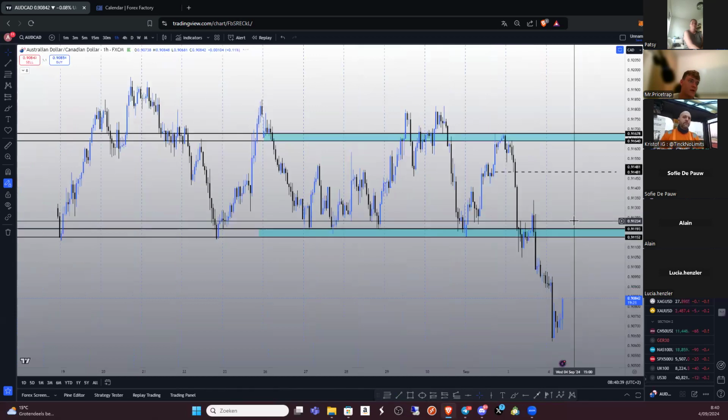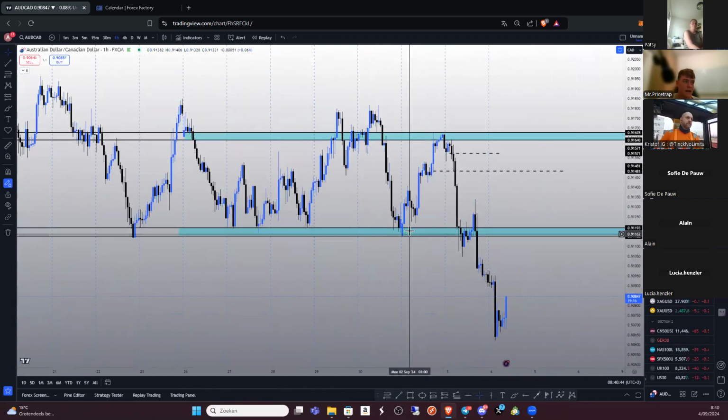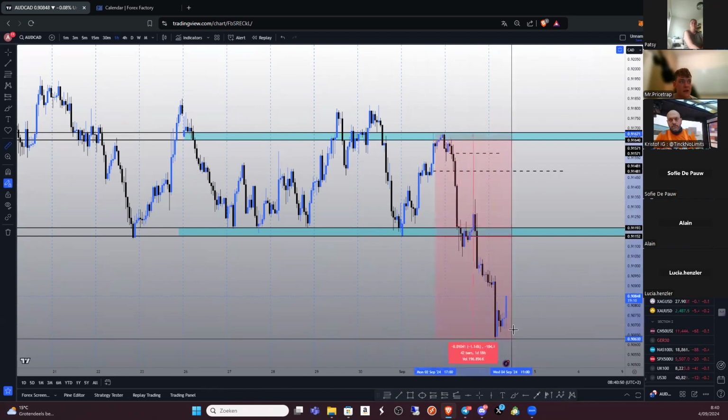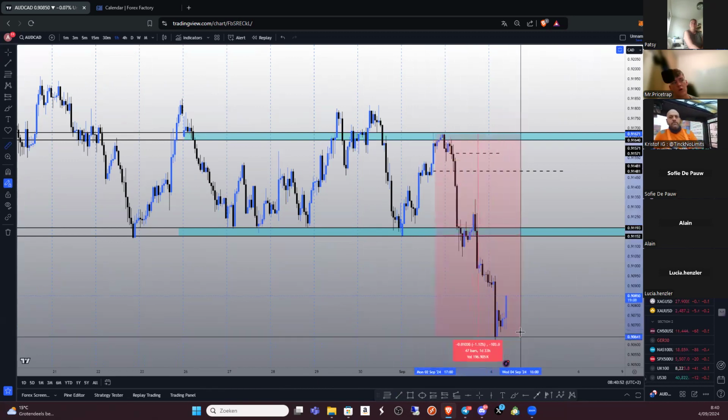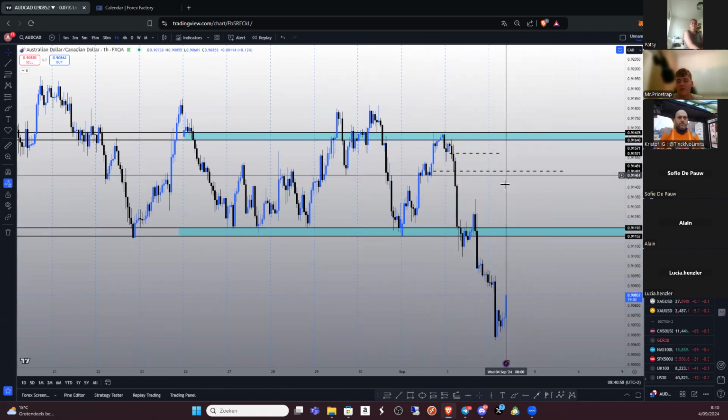And then we can talk about the ones that really gave us some opportunities. First of all, AUD Canadian, I had that breakout retest from the previous days. So yeah, for me, my take profit is smashed right now. I had a take profit of around 100 pips, which was beautiful. Okay, now for the breakout retest from yesterday, this didn't do anything.